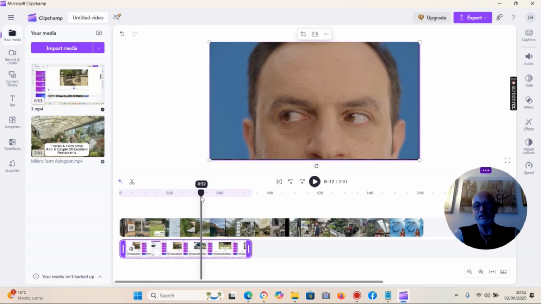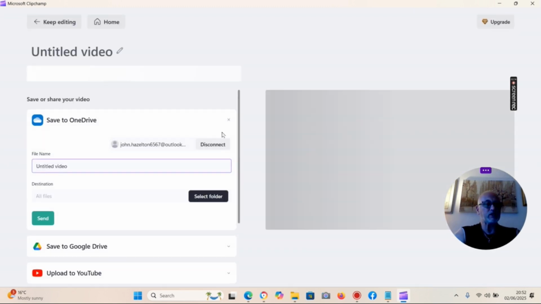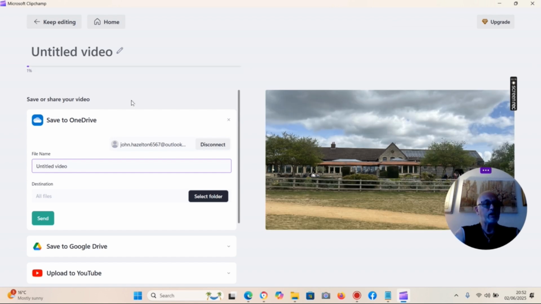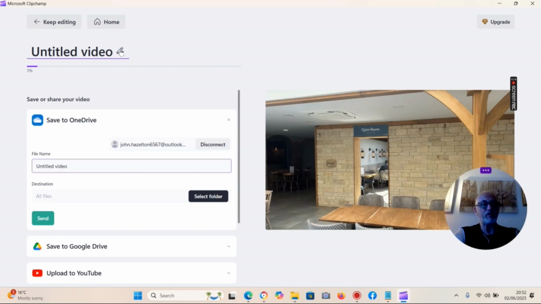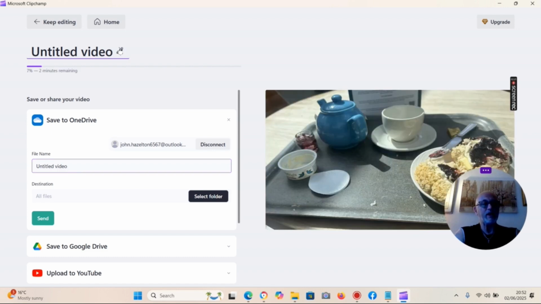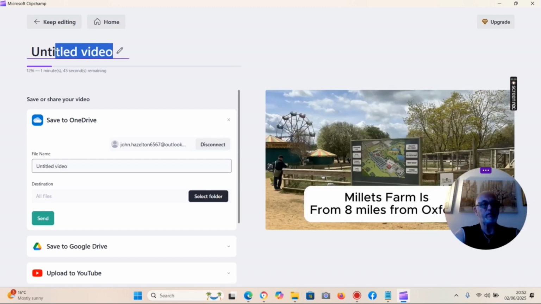It's a slow network at the moment, still probably processing the video. So like I said, you go up the top there to export, then you go to there and you get the choice, save it onto your computer. It will come up on the screen there. You can rename the video there, you can call it whatever you want, you can just overtype it,